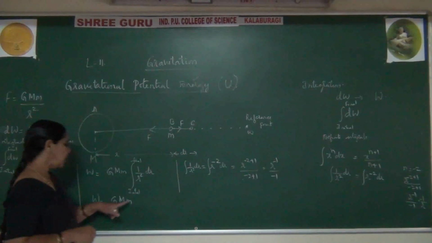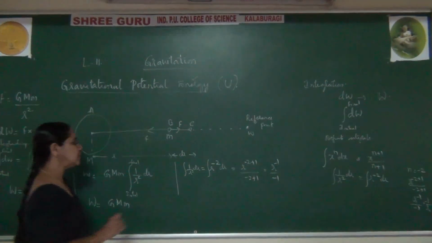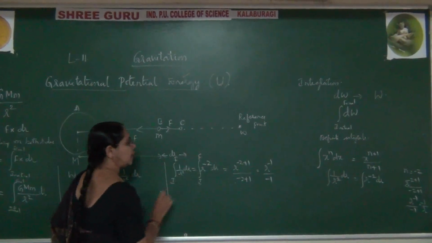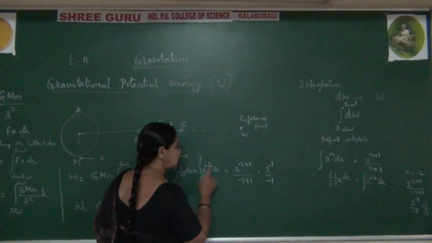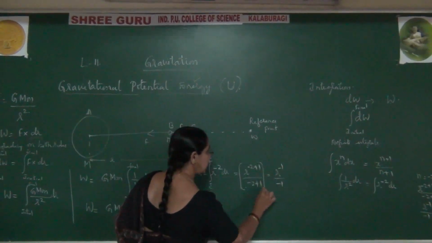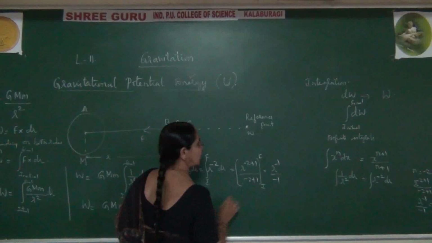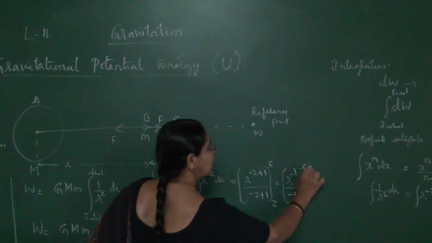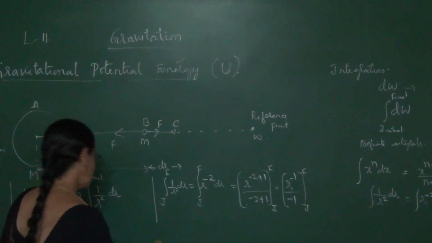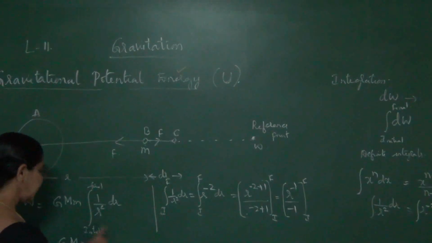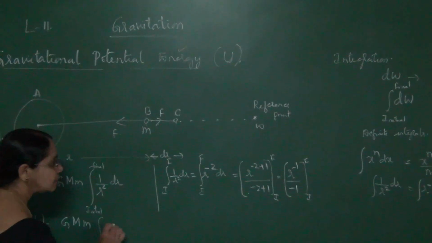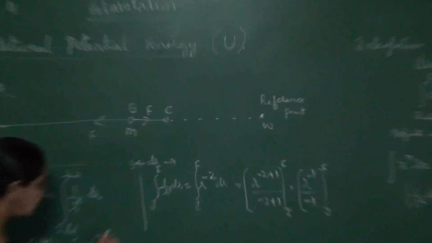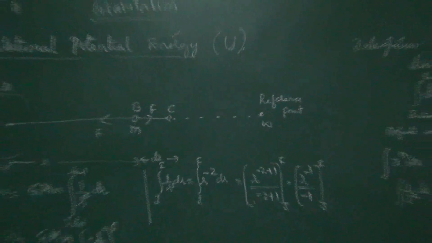But here we have put limits. So when you put limits, I'll write this is initial, this is final. But here we have already removed this. So we have to put bracket like this is initial, this is final. So we get this is nothing but initial, final. Now we got this answer. So what we have to write now? Here after removing this integration, finally I can write this is minus 1 by r, this is initial, this is final. This is our answer here.